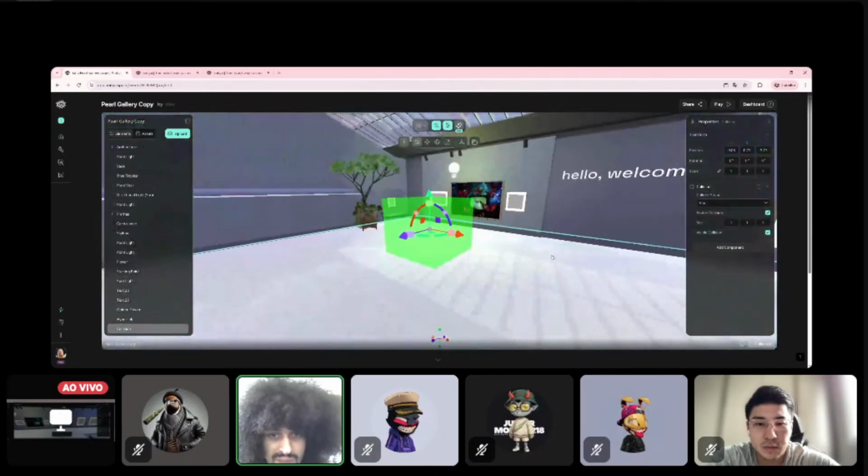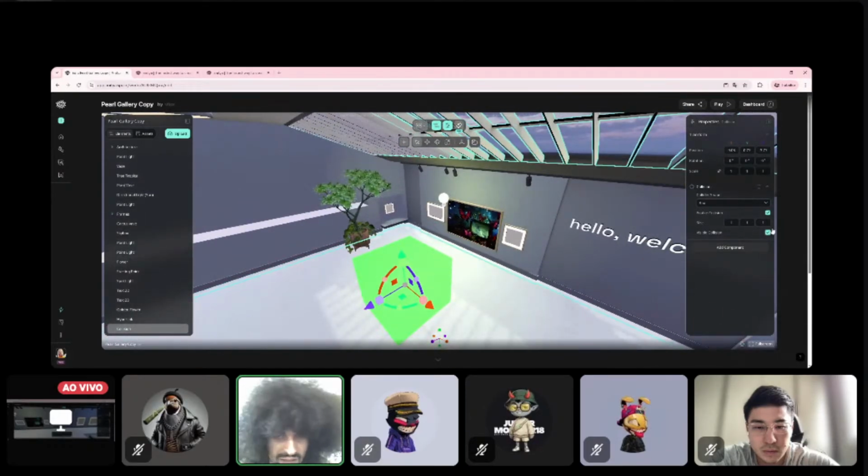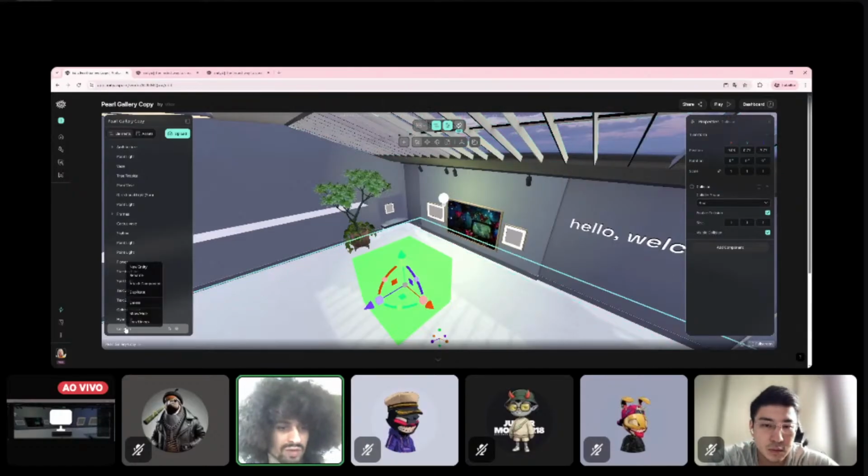It's just a collision. Sometimes you need a fake wall in your terrain, or your avatar is going to fall. So you use the collision, and you don't need to bring a 3D invisible object to the scene. This visible collision only enables this green visibility in the editor mode. It doesn't make a difference in the play mode. It's always going to be invisible. I actually use it a lot in all of the worlds that we're building for Rogues. We have a bunch of those colliders to make sure people are not falling everywhere.